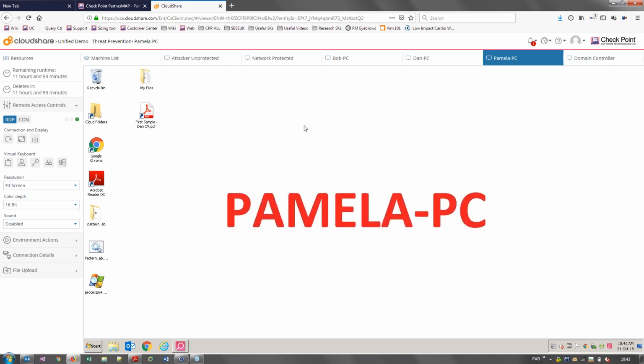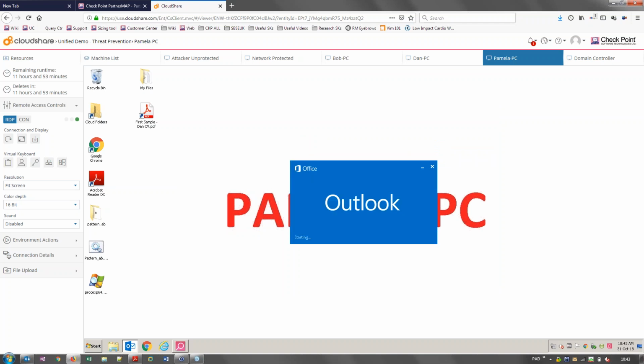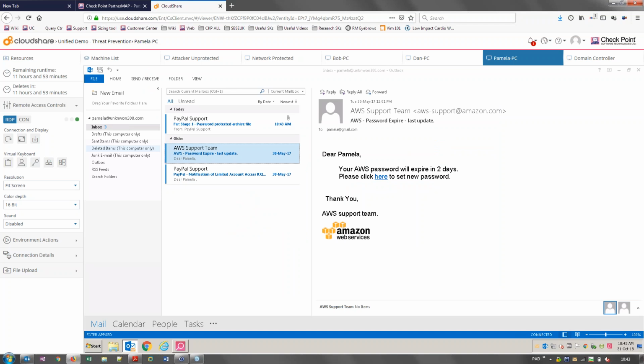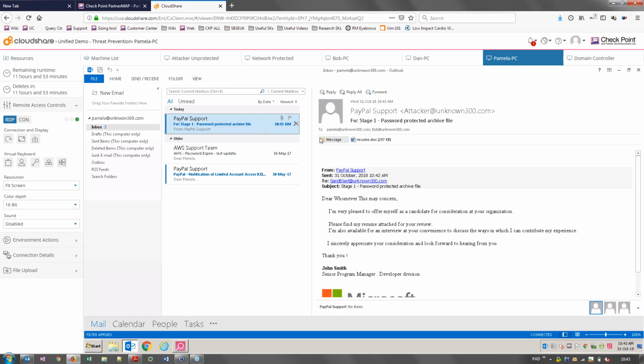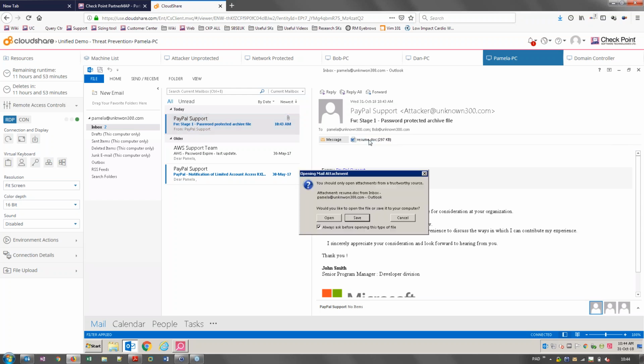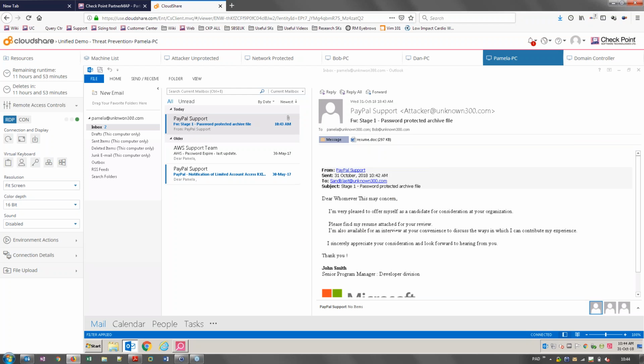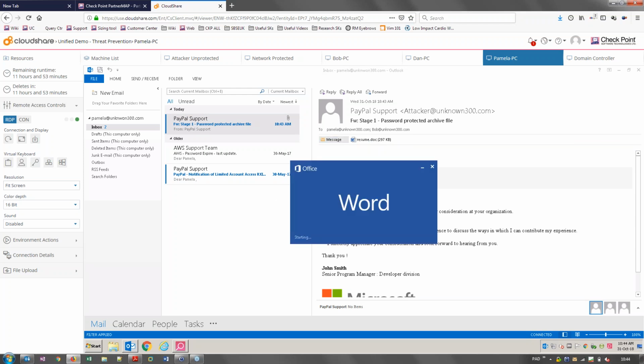I'll get rid of her Sandblast Agent client and open her email client. We can see here that we've got an email at 10:43, which has resume.doc attached to it. And if I open that now,